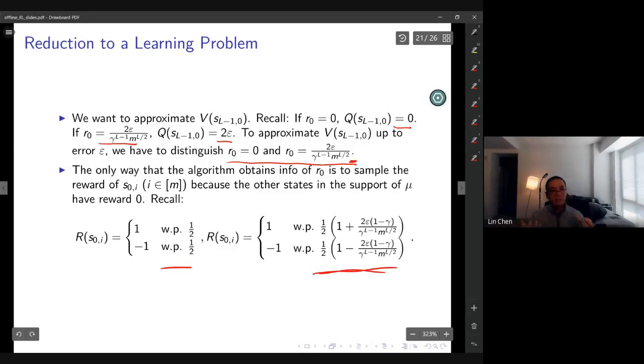And we get samples from this distribution, and we would like to distinguish which distribution we have, either just a plus or minus one uniformly random, or we have some biased distribution on minus 1 and 1. So then we reduce it to a learning problem,